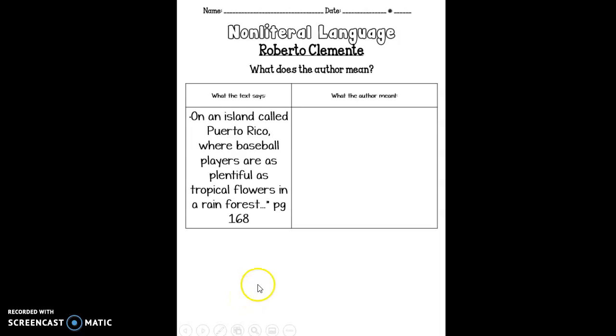And that lets me know that what this author really means is that in Puerto Rico, baseball players are as plentiful as tropical flowers in a rainforest, which means that there are a lot of baseball players in Puerto Rico. Now, which one is more fun to read? There are a lot of baseball players in Puerto Rico, or on an island called Puerto Rico, where baseball players are as plentiful as tropical flowers in a